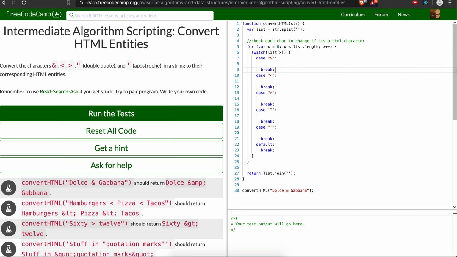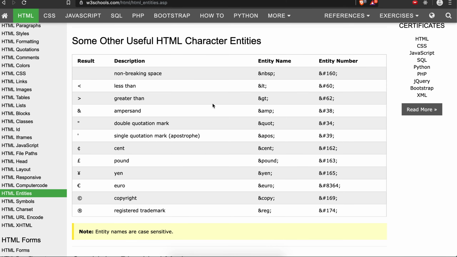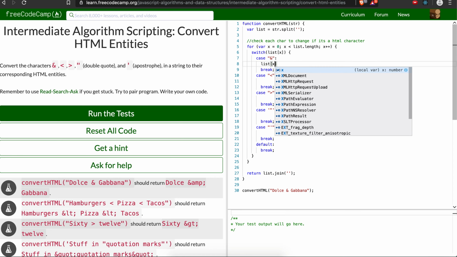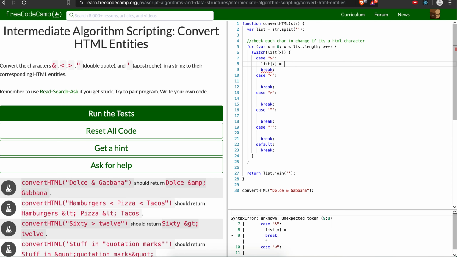So say we replaced a less than sign with this symbol for it, ampersand lt, then if we don't have the break, it would continue down our list and try and see if it found maybe the ampersand and then change it again, which is not what we want. So we're going to start here and say list[x] is equal to